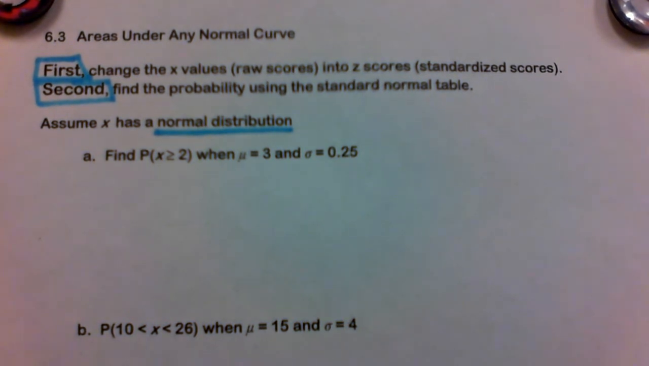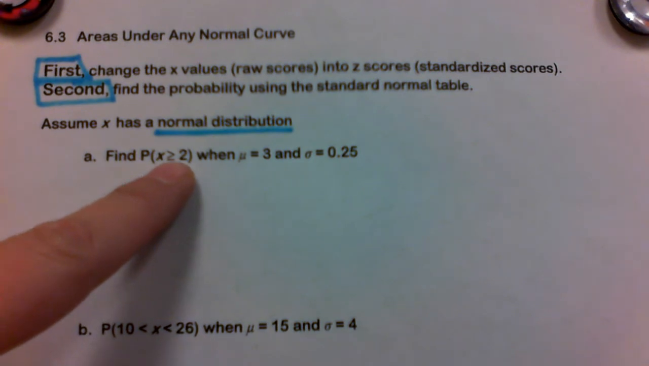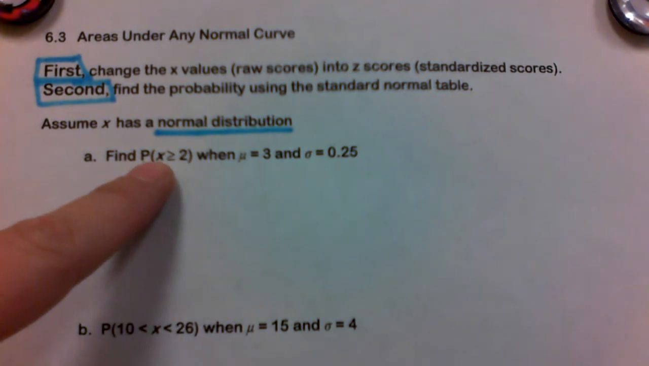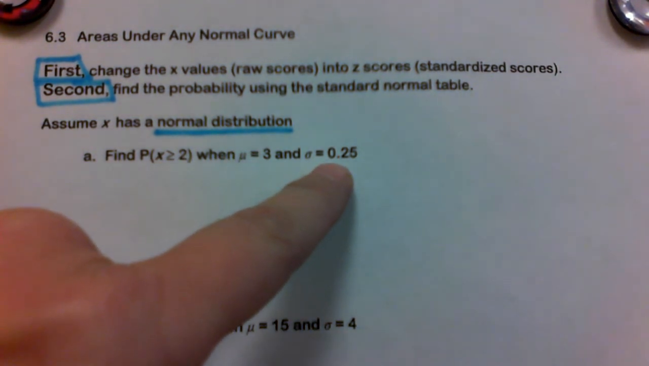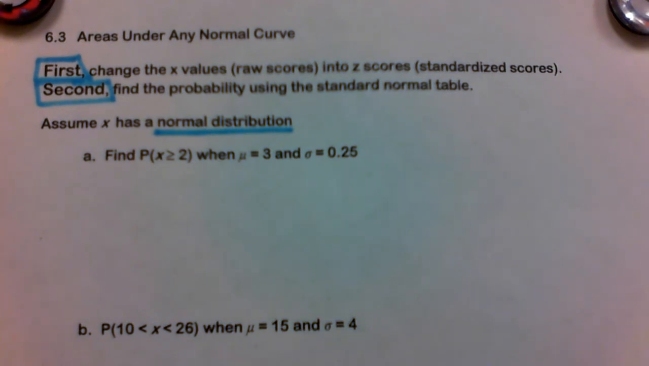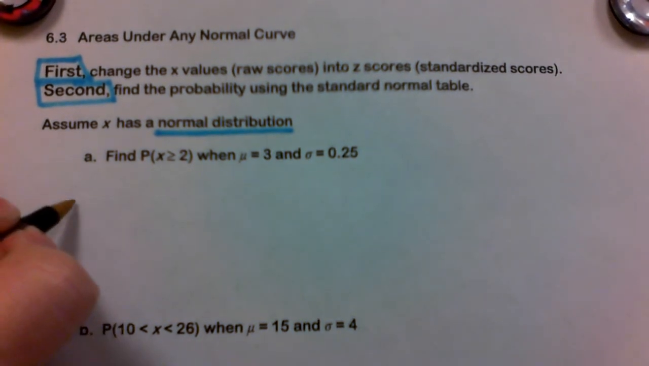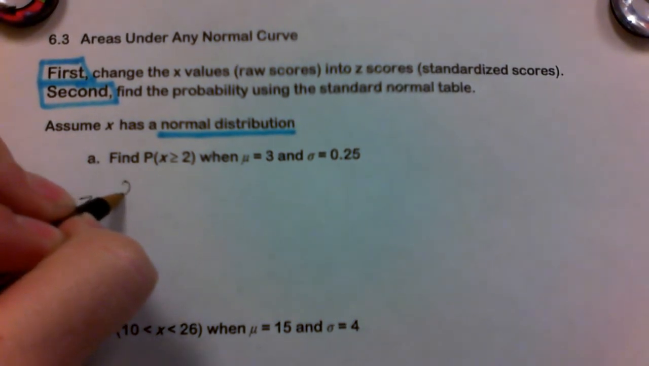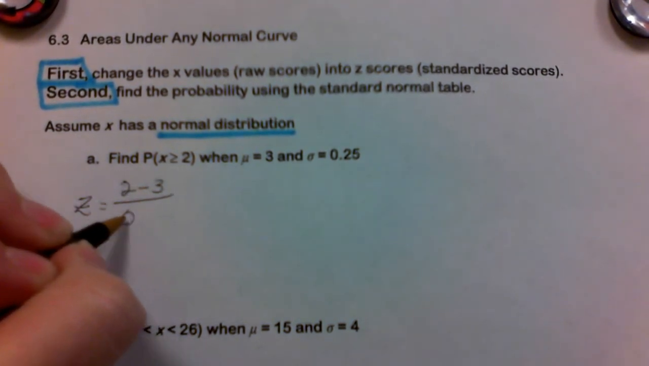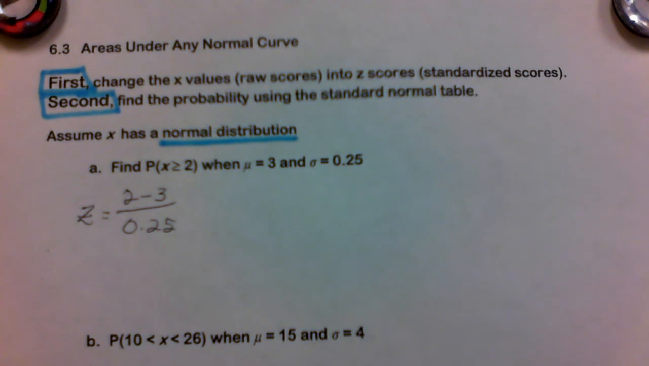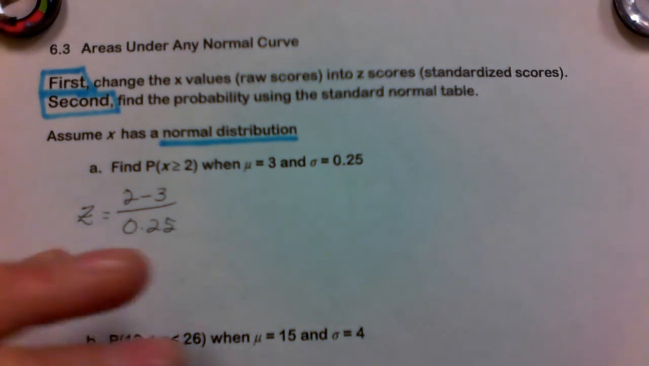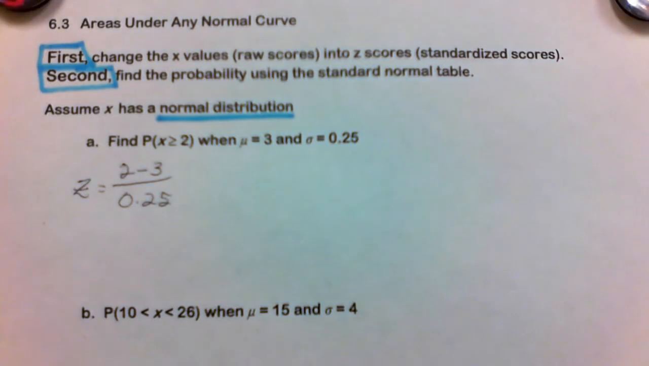So if you look in this first problem, it says find the probability that X is greater than or equal to 2. We have an X value or a raw score. We're given mu and we're given the sigma, or the standard deviation. So the first thing that we need to do is to convert that to its Z value. And that is X minus mu divided by sigma. So we have 2 minus 3 divided by 0.25. So 2 minus 3 divided by 0.25, I get -4. So my standardized value, or my Z-score,